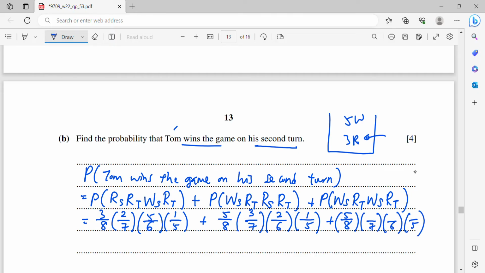You can write this first. So red color is, this is the first red color, so 3. Then the white color, just now we have taken one white, so left 4. And then the second red color is taken, that means you have 2 more left. Alright, so when you count all this, you can just simplify, cancel the 5, cancel the 2, and so on. So you will get 1 over 56, right? If I show the cancellation, 5 cancel, so here 6 cancel, so this is 1 over 56. Then here is going to be 5 cancel, 3 and 2 cancel with the 6, also 1 over 56,